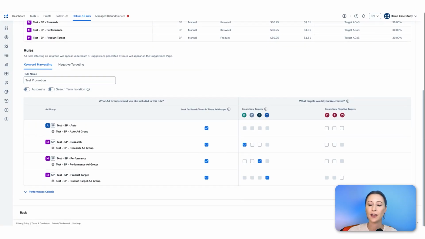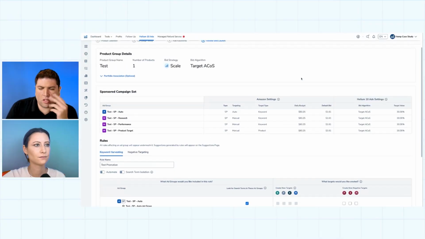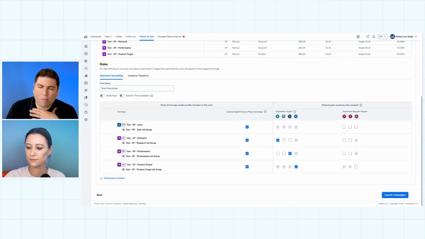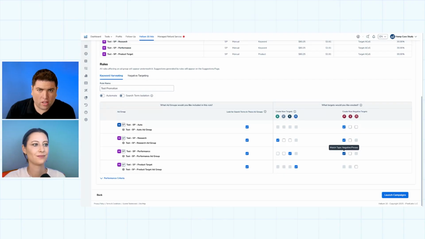Bradley, before I hypothetically push launch campaigns, do you have any other callouts around this page? This is just kind of like going back to what she was talking about with the isolation. Me personally, I don't use isolation. So that's when you would fill in that right side there with the create negative targets. But again, this is what we were talking about earlier about your campaigns needing to work with each other. Regardless if you're using Helium 10 ads, this is the basic structure that I find works best, where